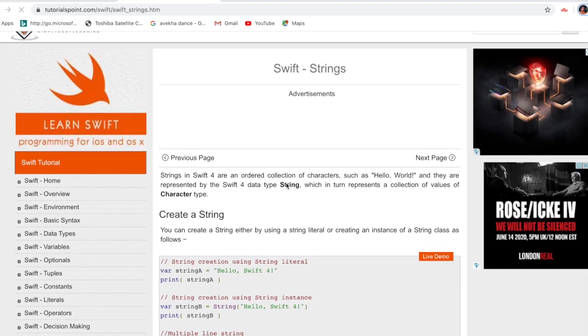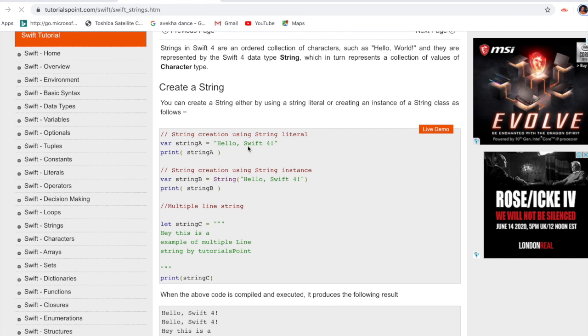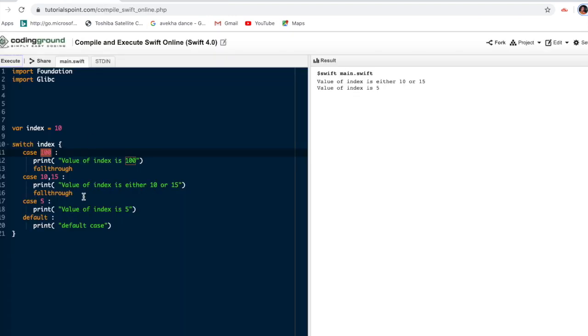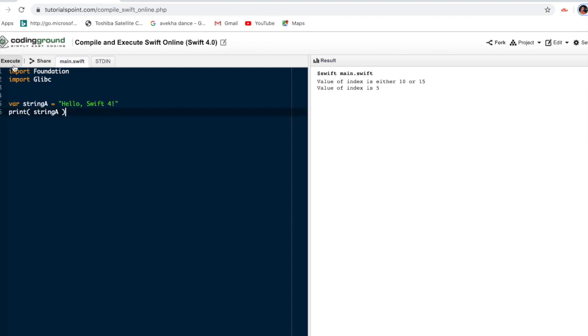Okay, next, strings. So what is a string? As I already mentioned, for the basics we are using a compiler. See, this is a string. Let's see the output. To mention one string, there is a basic pattern, like "hello".